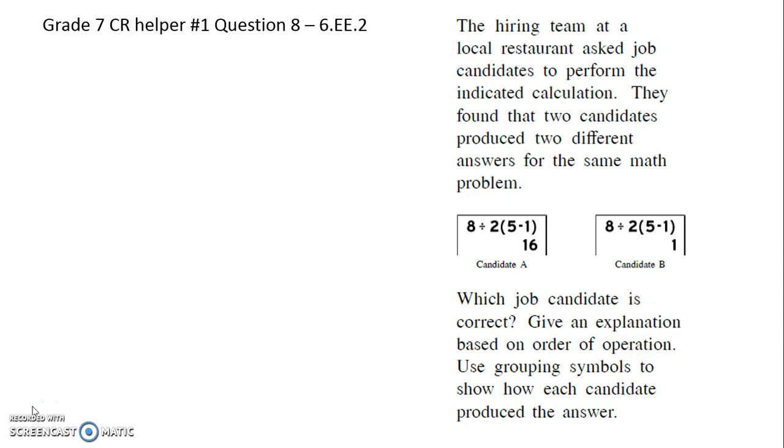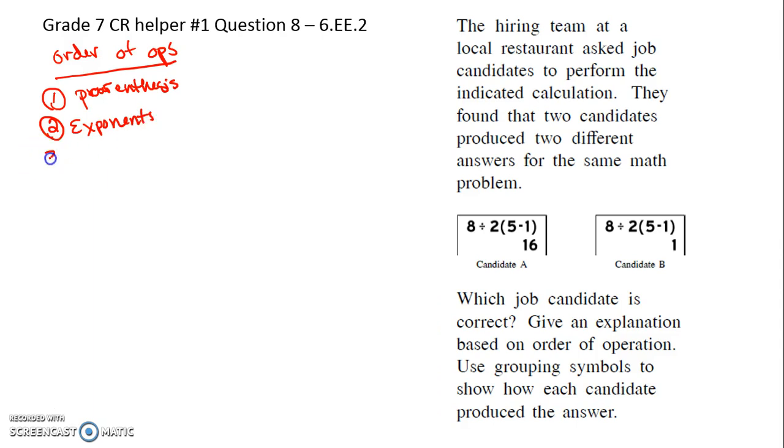Okay, so first of all, let's review the order of operations again. You just used it with the last problem, but let's review it again. For your order of operations, the first thing you need to do is always work within grouping symbols. A lot of times we call those parentheses. So you need to get a single value within your grouping symbols. Then you always move on to your exponents. Step 3 in your order of operations is multiplication or division,